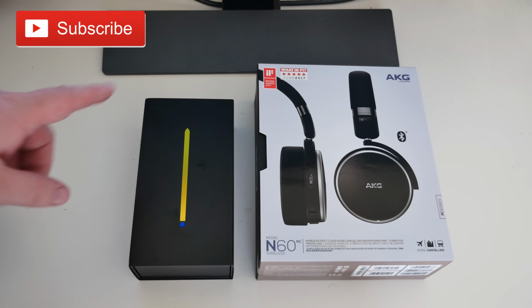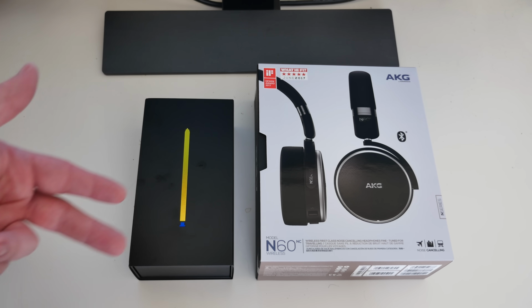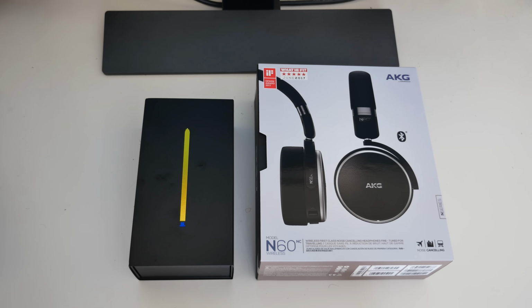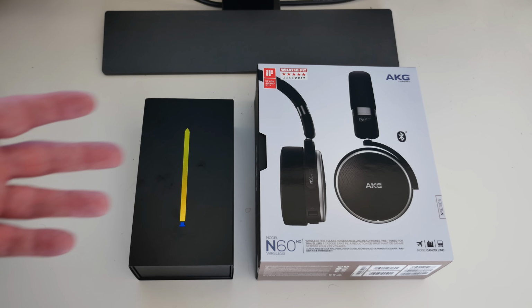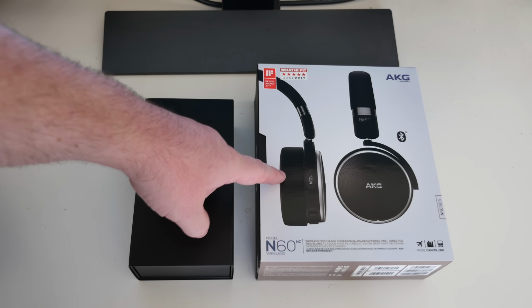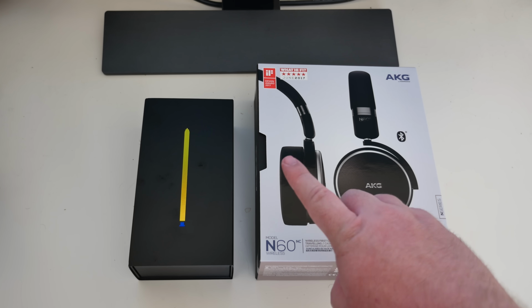GregglesTV. This is the Galaxy Note 9, 512 gigabyte, unlocked in ocean blue. For the gift here in America, you get to choose either $150 in V-Bucks and a skin for Fortnite, or AKG N60 Bluetooth headphones. So I will do a review on these headphones, but first let's open up the Galaxy